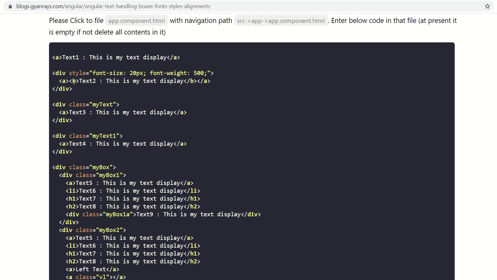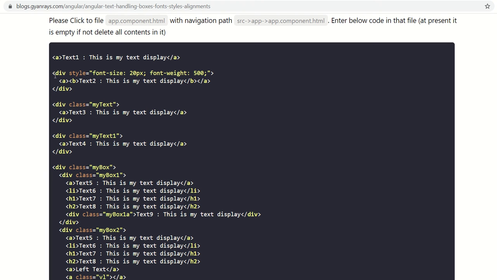So here B should be closed with /B, A should be closed with /A. Well, this needs some basic understanding of HTML coding. I am not going to cover how HTML works. This was the basic information which I have updated. Now let's see how it works in Angular.